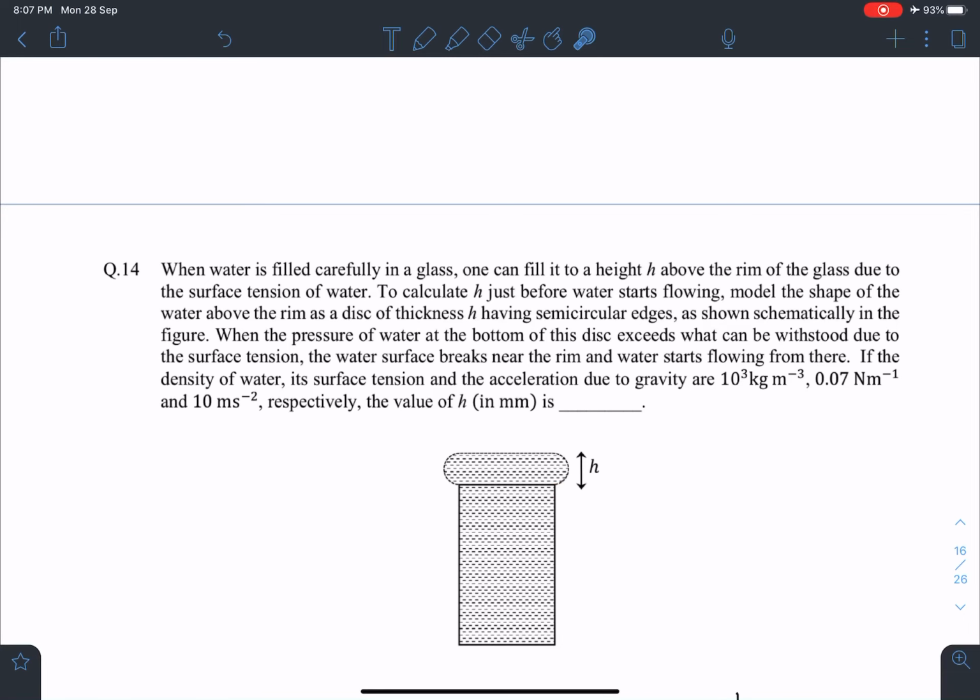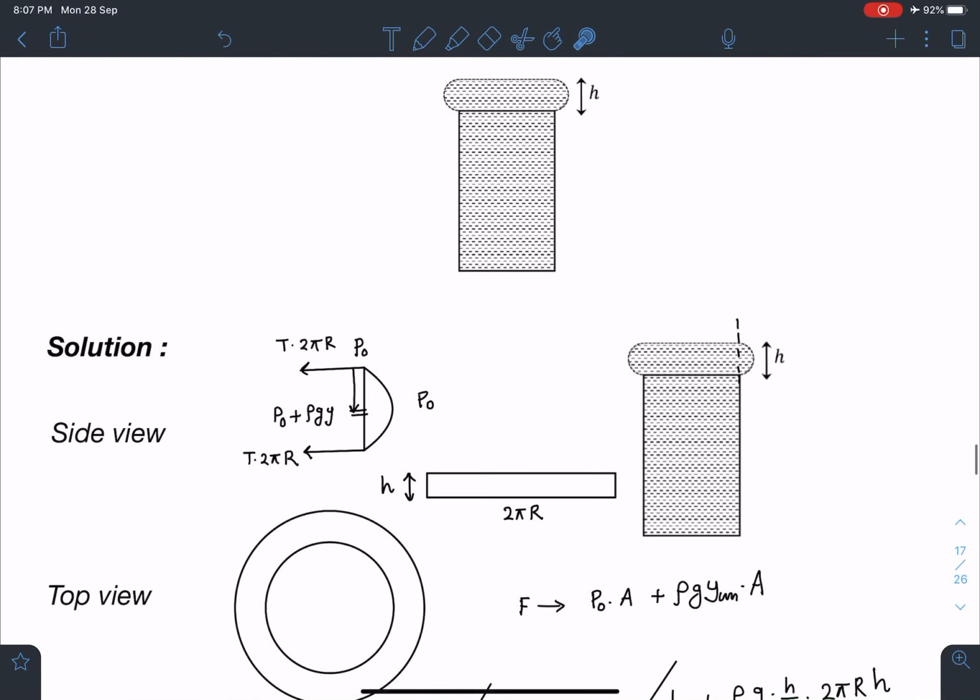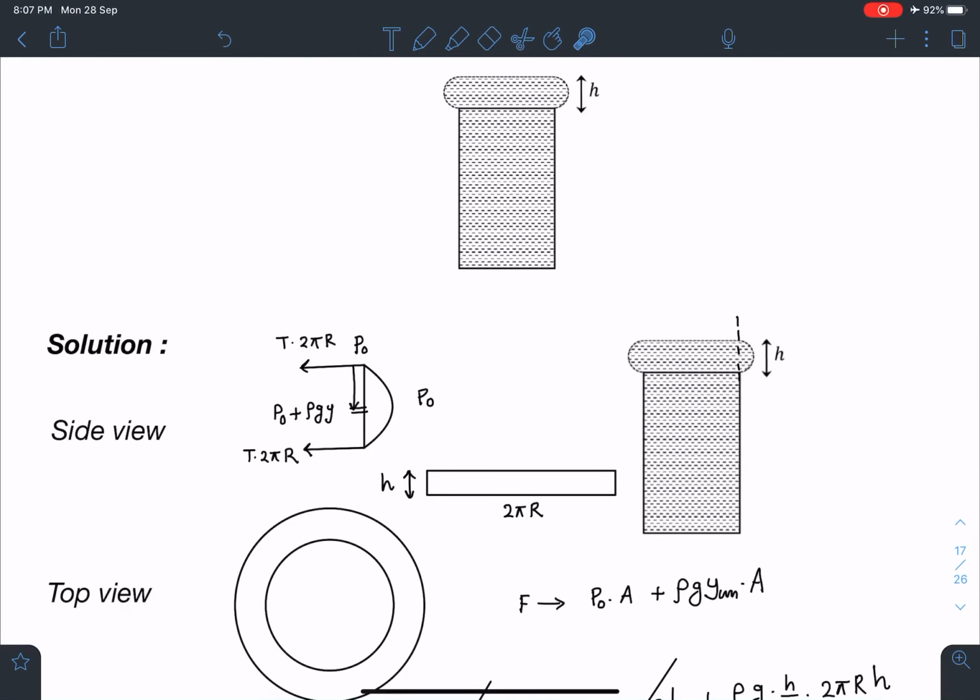If the density and all these values are given, it's a very nice problem, slightly on the easier side but really good. If you see the FBD of this extra part from the top, it is going to look like this. This point is here, and this vertical line is this inner circle. When I look at the FBD of this extra part, there is T into 2 pi r, and the pressure at this topmost point is P naught. This is relatively flat, so I can say here the pressure is P naught plus rho g y. P naught is the outer atmospheric pressure force, which is also acting on it. If we balance these forces, I'll get